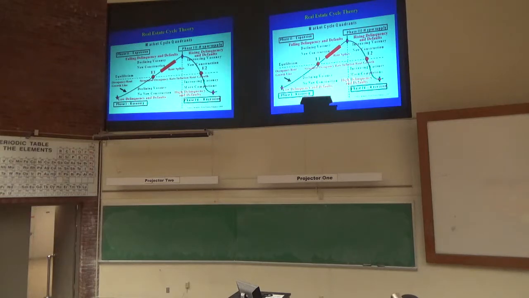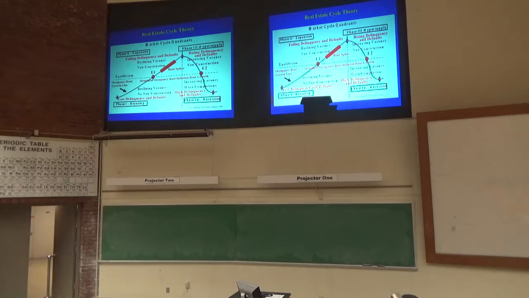Since occupancy rates are still high, or above the structural there, and rents are growing above the inflation rate, capital continues to flow into the real estate market, because everybody's doing their analysis and they're saying, hey, occupancy rates are still above the structural and rents are still growing above the inflation rate. So we're going to continue to deploy capital into real estate. But what they don't understand is that we've already reached the peak of the business cycle and job growth is starting to slow, and we're probably already starting to fall into a recession.